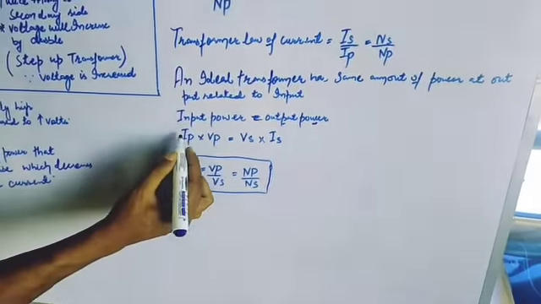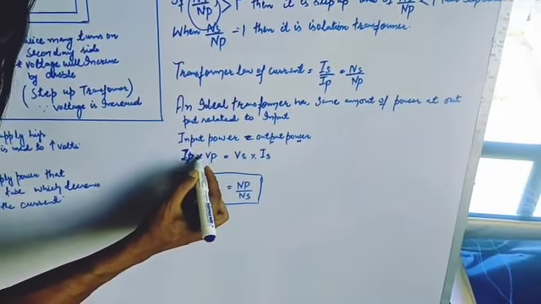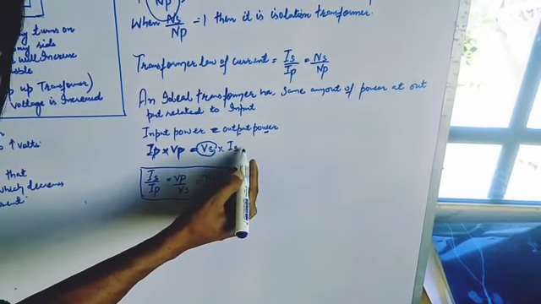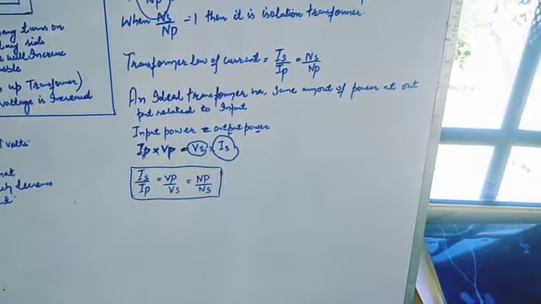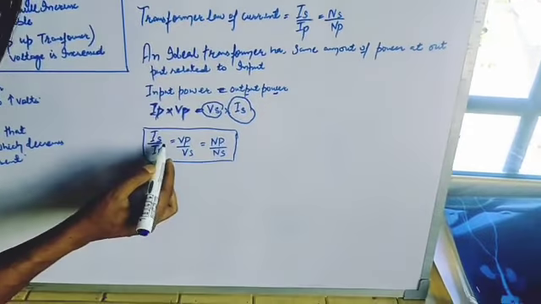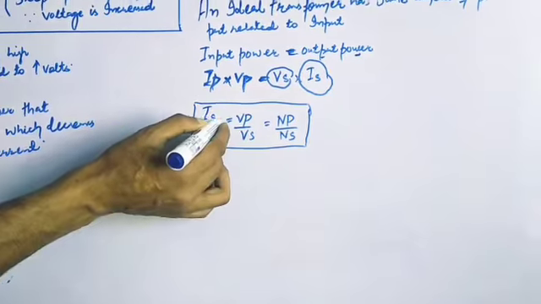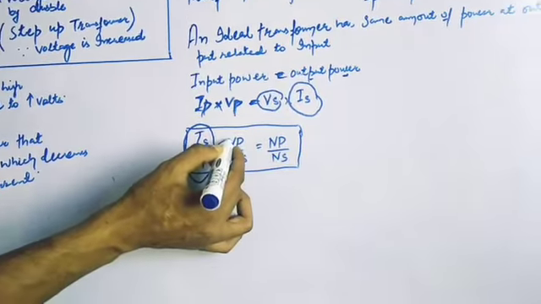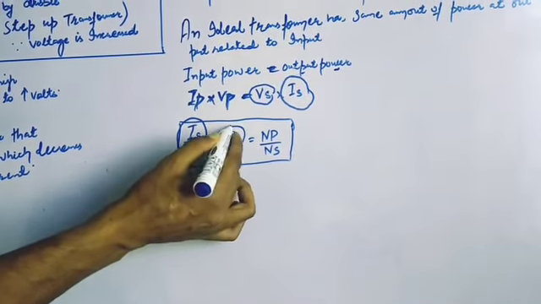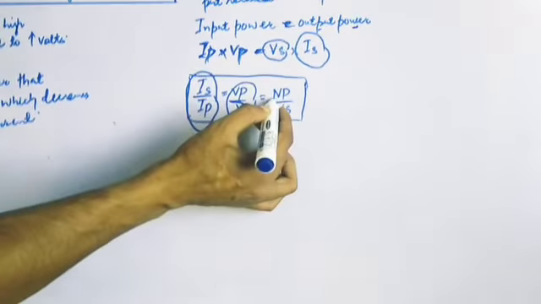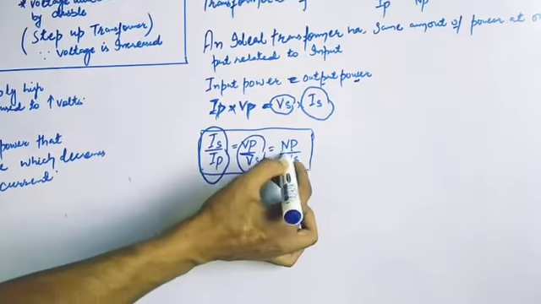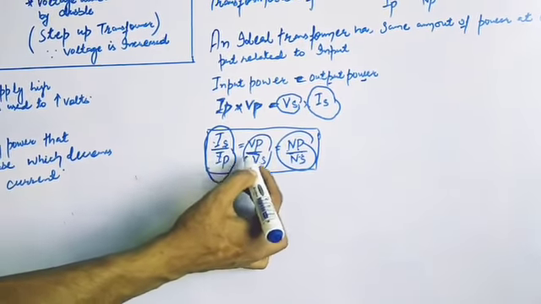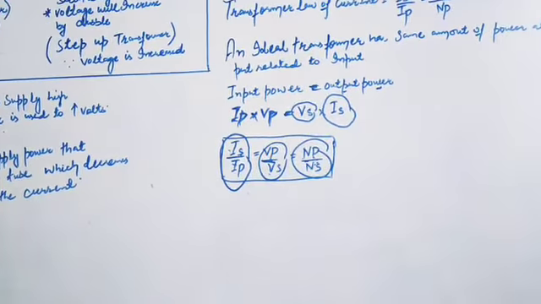That is, the current flowing through the primary coil times the voltage across the primary coil will be equal to the voltage across the secondary coil times the current through the secondary coil. Continuing, the ratio of the current through the secondary divided by the primary coil will be equal to the ratio of the voltage across the primary coil divided by the secondary coil, and the ratio of the number of turns of the primary coil divided by the number of turns of the secondary coil. That is, Is divided by Ip is equal to Vp divided by Vs is equal to Np divided by Ns.